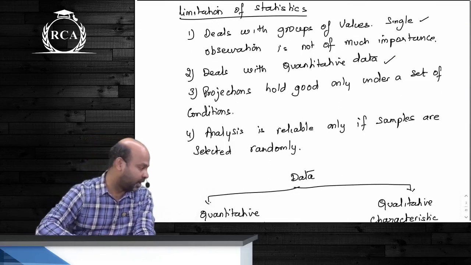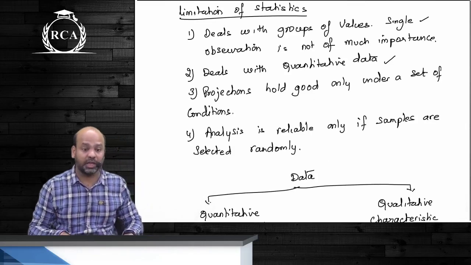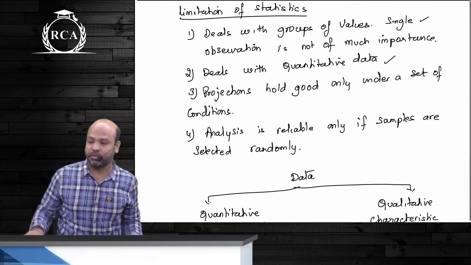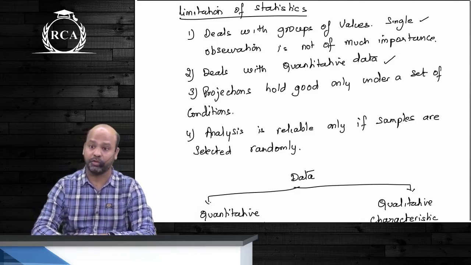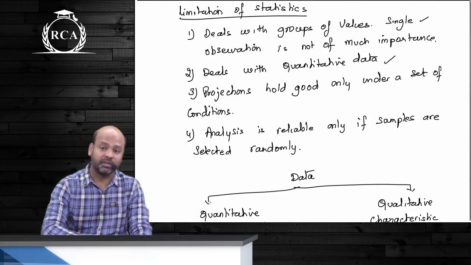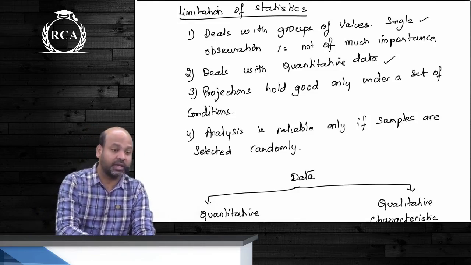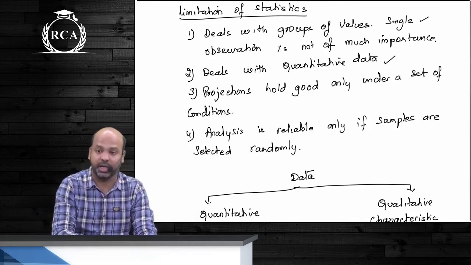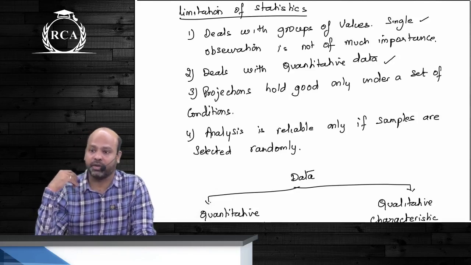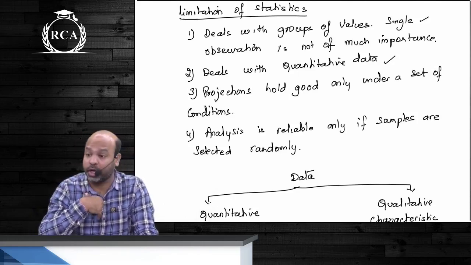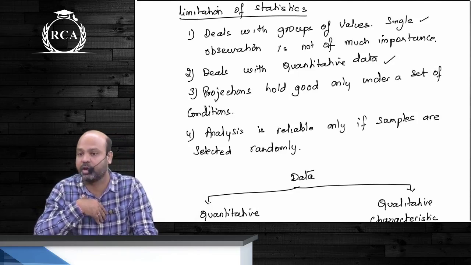I said first limitation is that statistics deals only with aggregates. An individual observation will not be of much significance other than the fact that it is just a part of the overall aggregate. The second limitation of statistics is that it applies only to quantitative data. It does not apply to qualitative data. However, if there is qualitative data, you should be converting that into quantitative data for the purpose of performing statistical